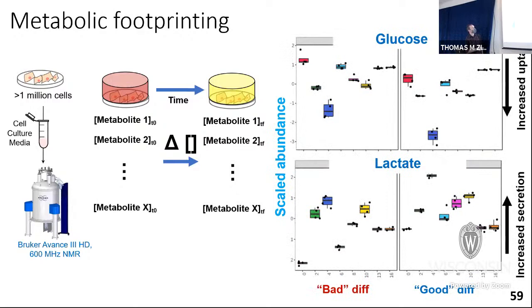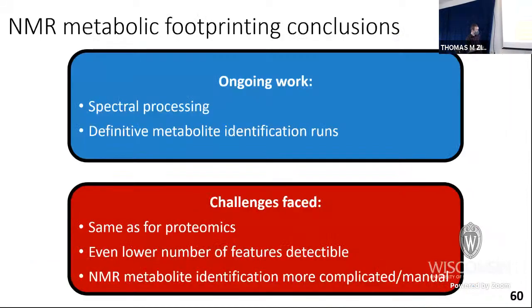Once we've annotated those metabolites, we can go through and do a quantitation on these, and we can look at different trends in those over time. Here we do see, because we're subtracting out that initial cell culture media, which has a lot of glucose but no lactate, that we get basically a decrease in the glucose signal. That means we're using more of the glucose, so it's depleted in the cell culture media because the cells are using more of it, if that makes sense. And then lactate at a higher level means increased secretion into the media. So there's no lactate to start with, but we continually put more and more lactate into the media.